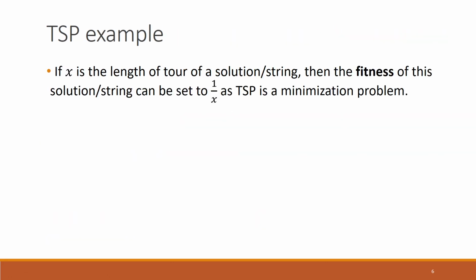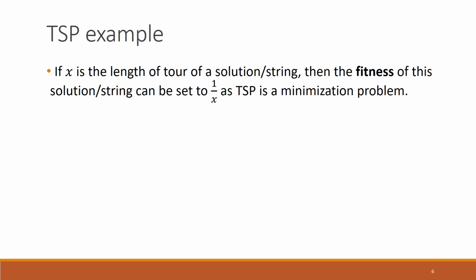So, in genetic algorithm, once we define the randomized population, then the next thing to do is to do selection, and before we are able to do selection, we need to define the fitness function. The fitness function in this traveling salesman problem needs to be defined in a slightly different way, because TSP is a minimization problem. We are trying to minimize the length of the tour that we obtain. So, that is why we cannot set the fitness function to be equal to say the length of the tour that we get,